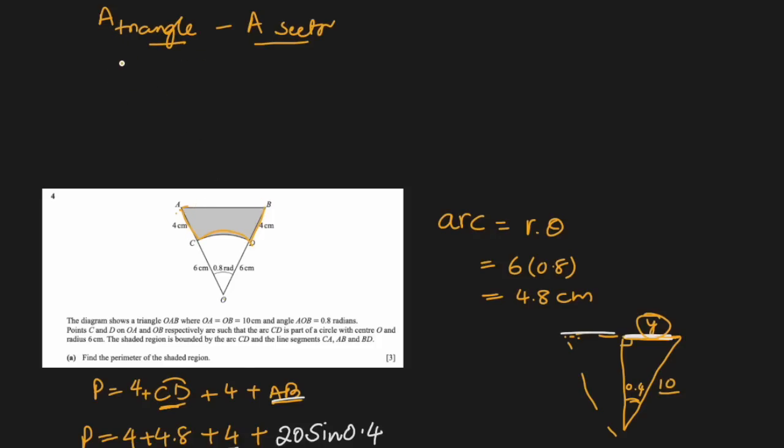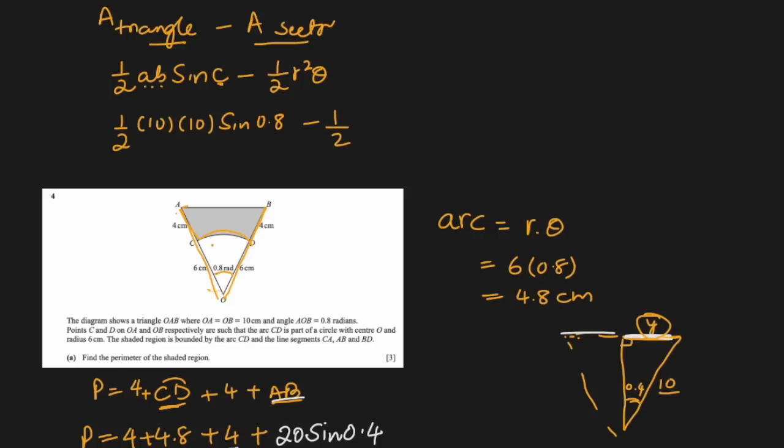And for the area of the triangle, I will use this formula, half ab sine C, where C is the angle between two sides of the triangle. a and b are the two sides. What is the area of the sector? It is half r squared theta, in radians. Okay, so I'm going to do that. Half ab, I'll take this side as a, which is 10, this side as b, which is also 10, and the angle between them is 0.8. So 10 multiplied by 10 sine 0.8